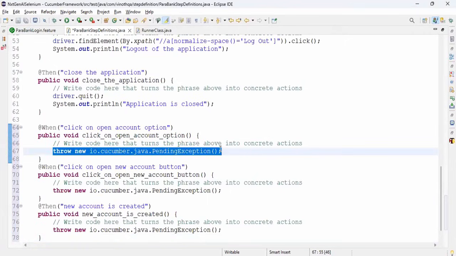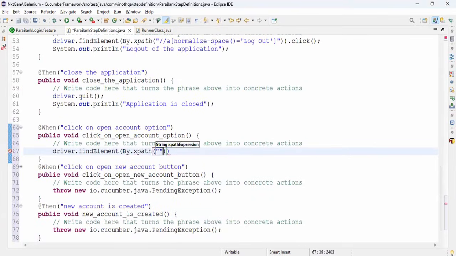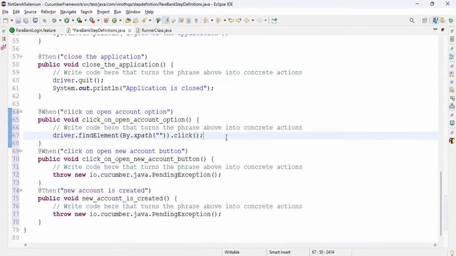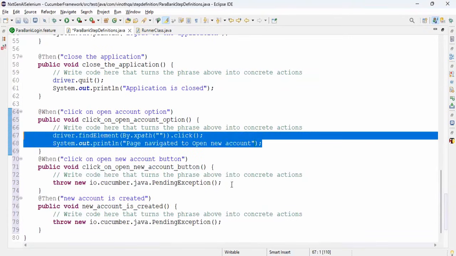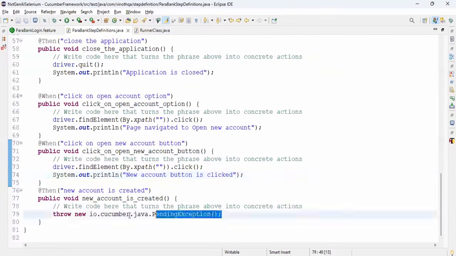So you're going to click on open account. So driver dot find element by dot xpath dot click. Sys out. I will inspect and put it, page navigated to open new account. Then you just click on new account, button is clicked. Now